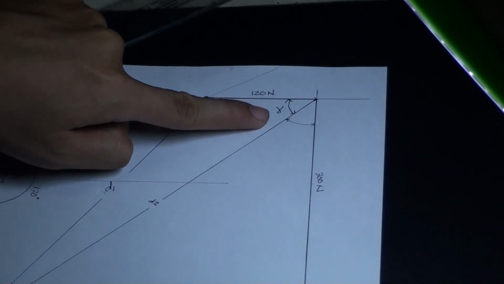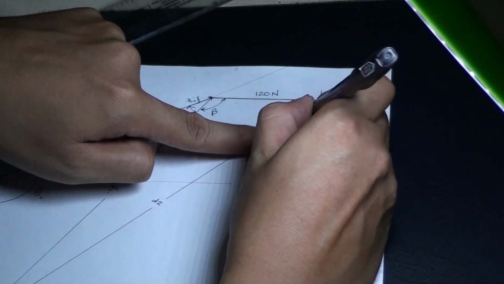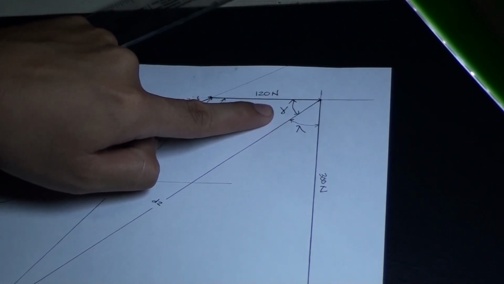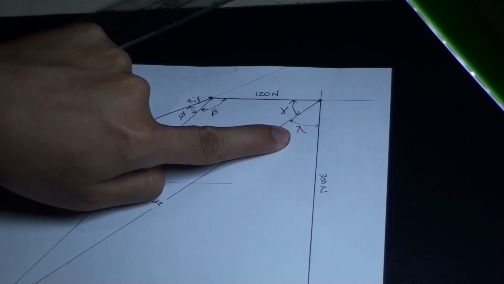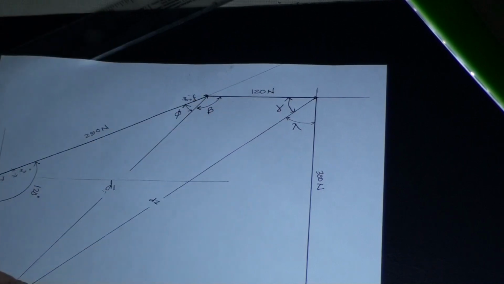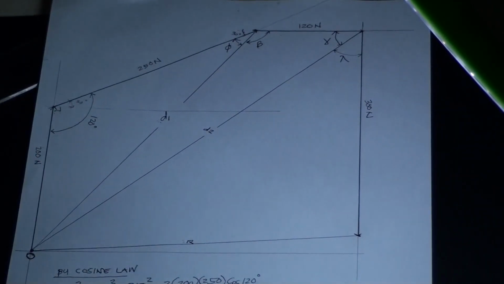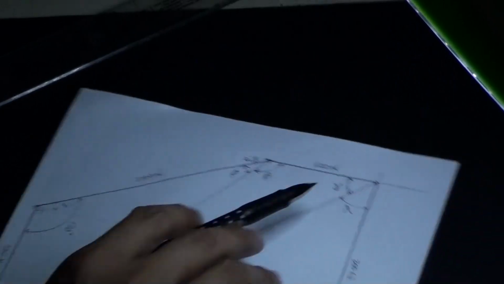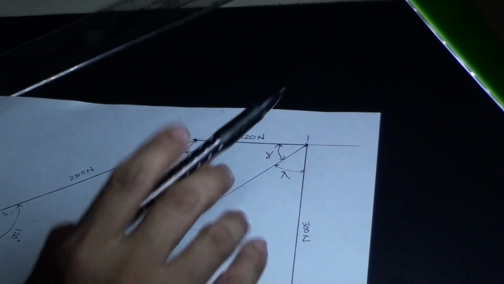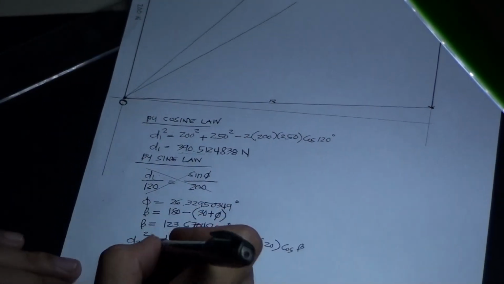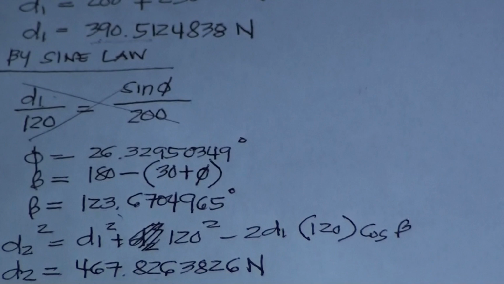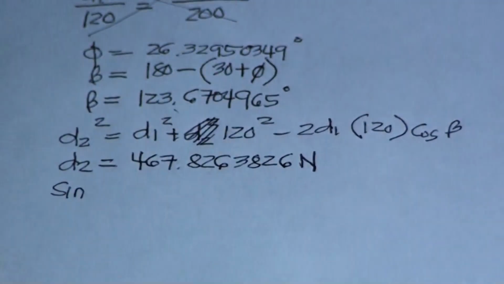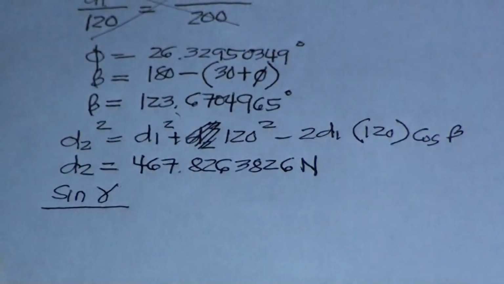So if we can find gamma, all we need to get lambda is just subtract this gamma from 90 to come up with your lambda, which is the angle to be used to find R. Okay, so we will continue now. To find this is by sine law. So by sine law now, we need sine gamma as to,